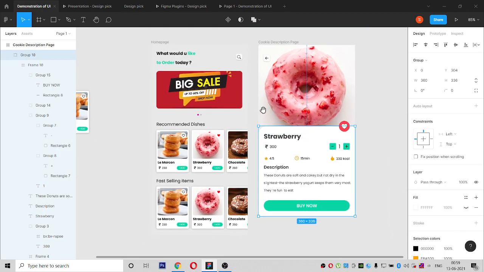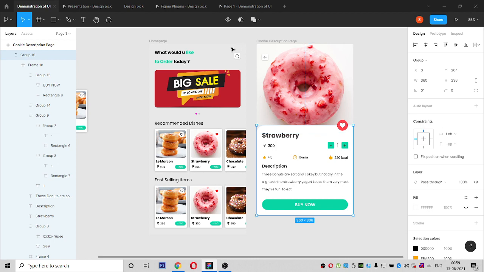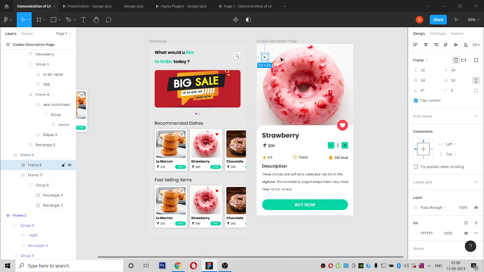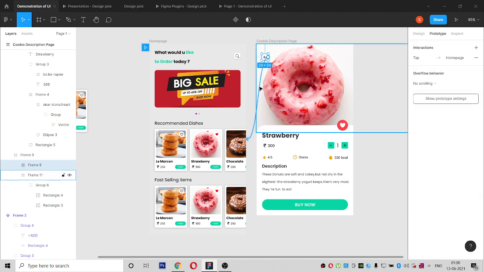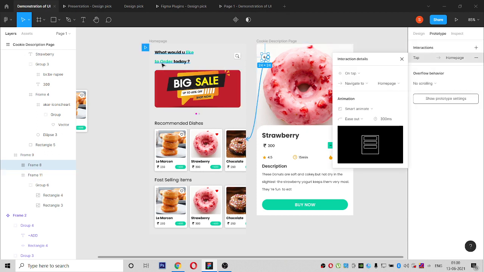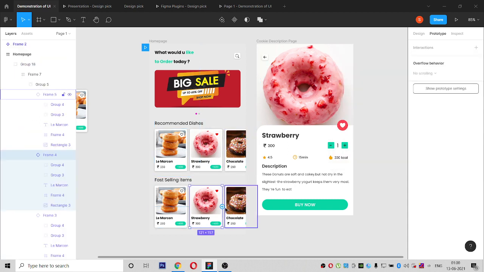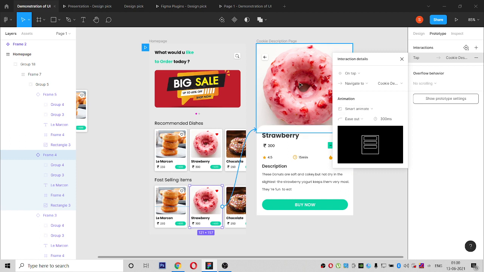I think mostly we have covered the UI design prototype and the design. Check whether every requirement is gathered two or three times. Then once you set up the prototype perfectly, you can play and see the prototype.